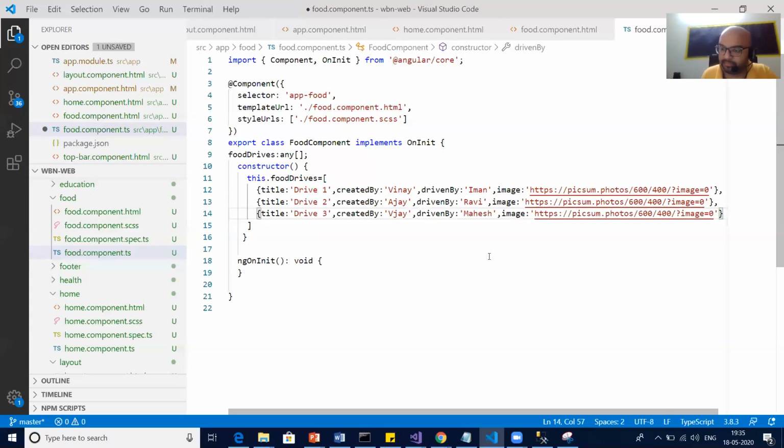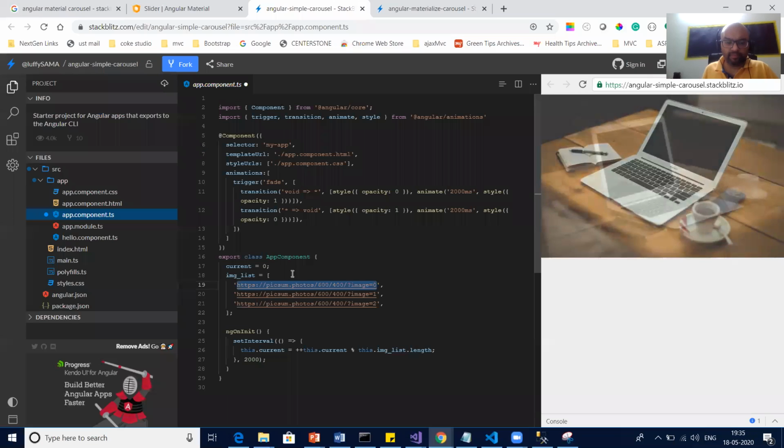In images, let's put 1 and 2. Correct. So this is our food drive array, ready, which we will get from our service, and the service will fetch it from the API. Correct. So let's move to the next part. So this is done.